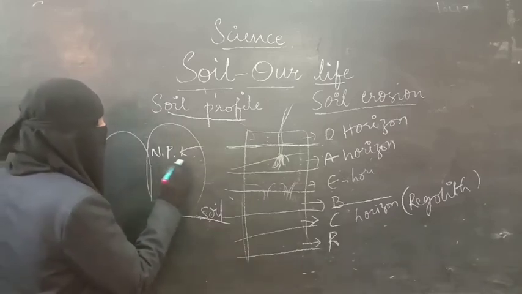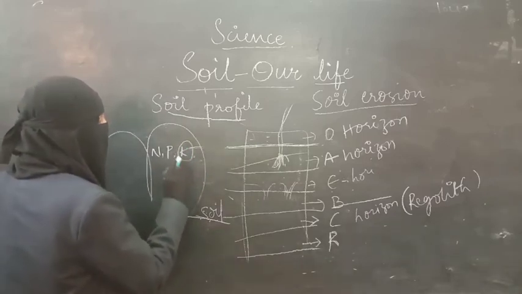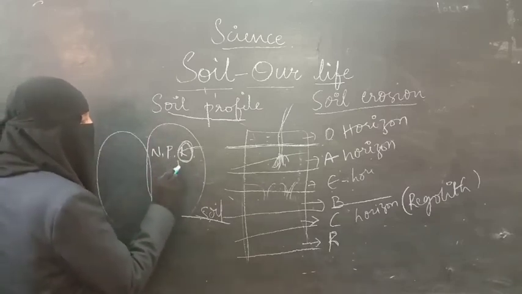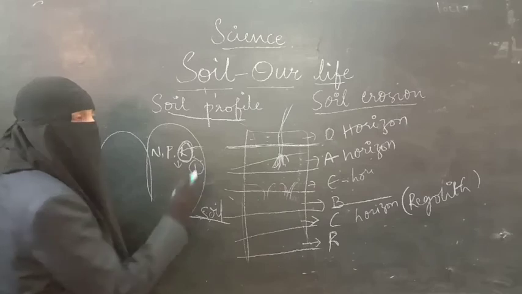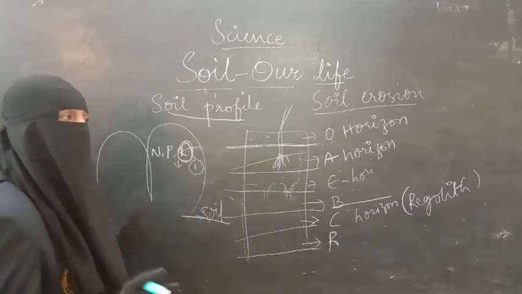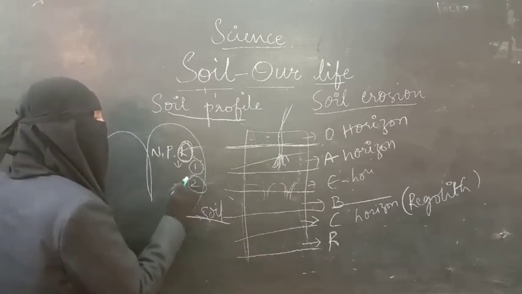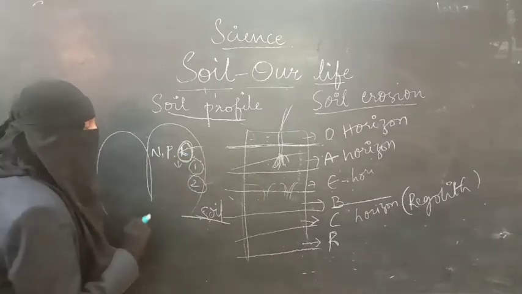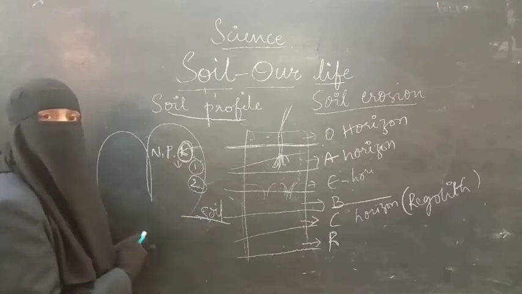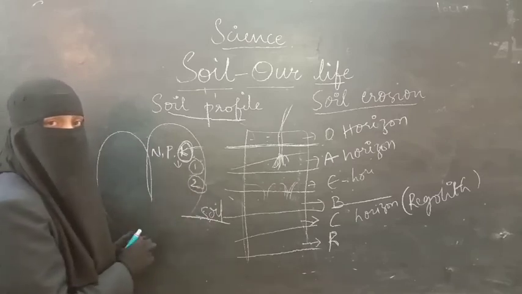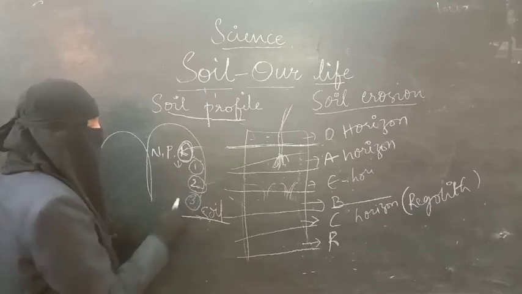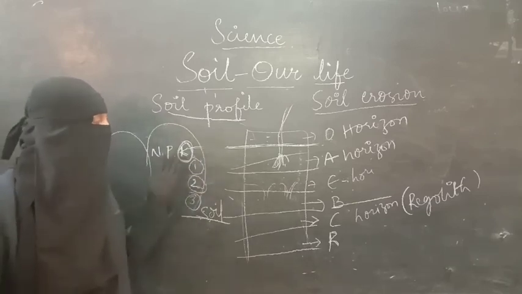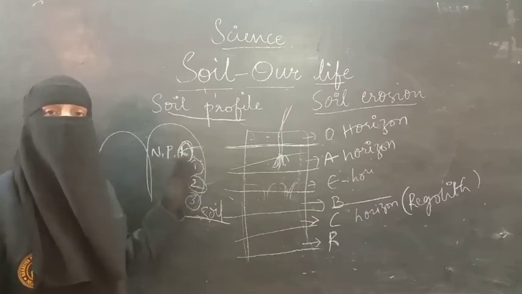For example, if a plant uses more potassium, bananas need more potassium to grow. I am growing bananas the first time, so the first harvest will be good, and I will get good quality bananas. The second time I grow the same banana, the potassium level has already decreased in the soil. So the fruits will be good, but not as good as the first harvest. Again, the third time I cultivate the same plant, deficiency will take place, and as a result it will affect the soil fertility and the productivity rate of the crop.